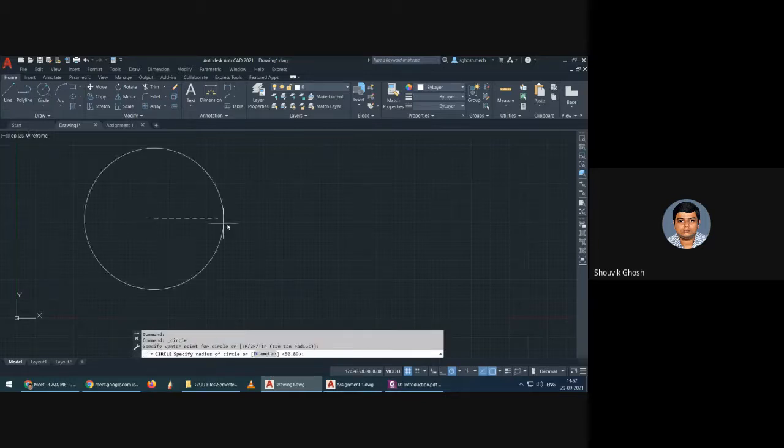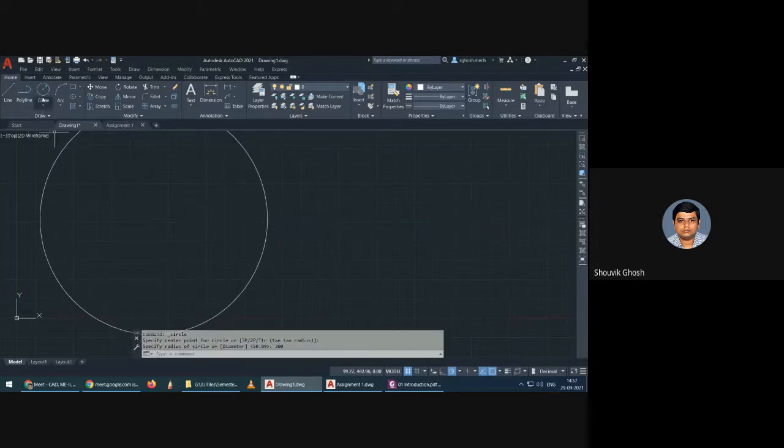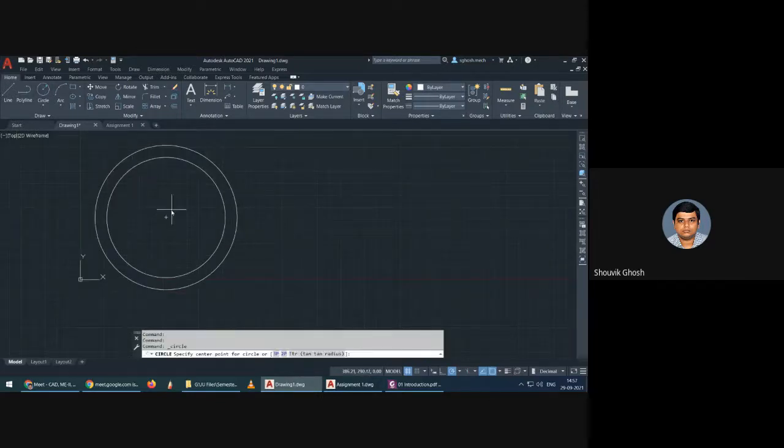Let me first draw a larger circle, say 300, then 250, and another one 200. Okay, so this 250 will actually be the position.